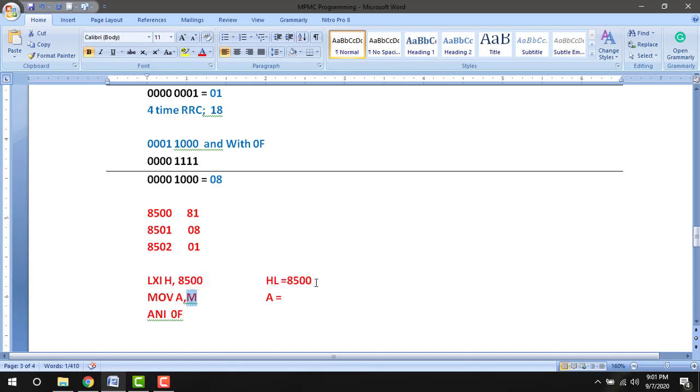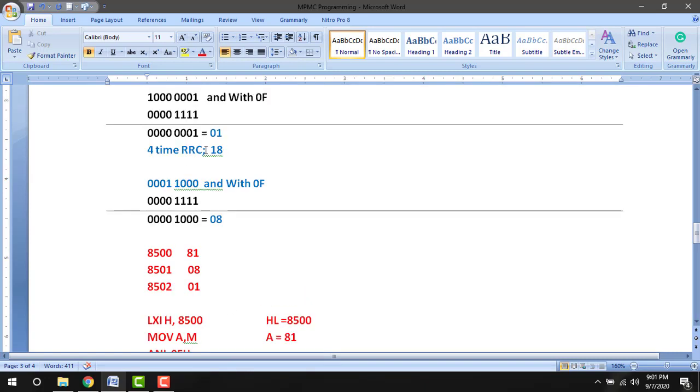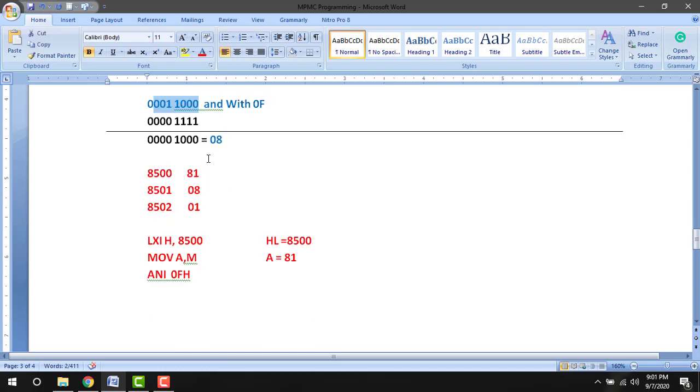The memory is pointed to by the HL pair, so in the HL pair location the number is 81, and 81 is stored in the accumulator. Then ANI 0F: the accumulator is ANDed with 0F. So 81 is ANDed with 0F.